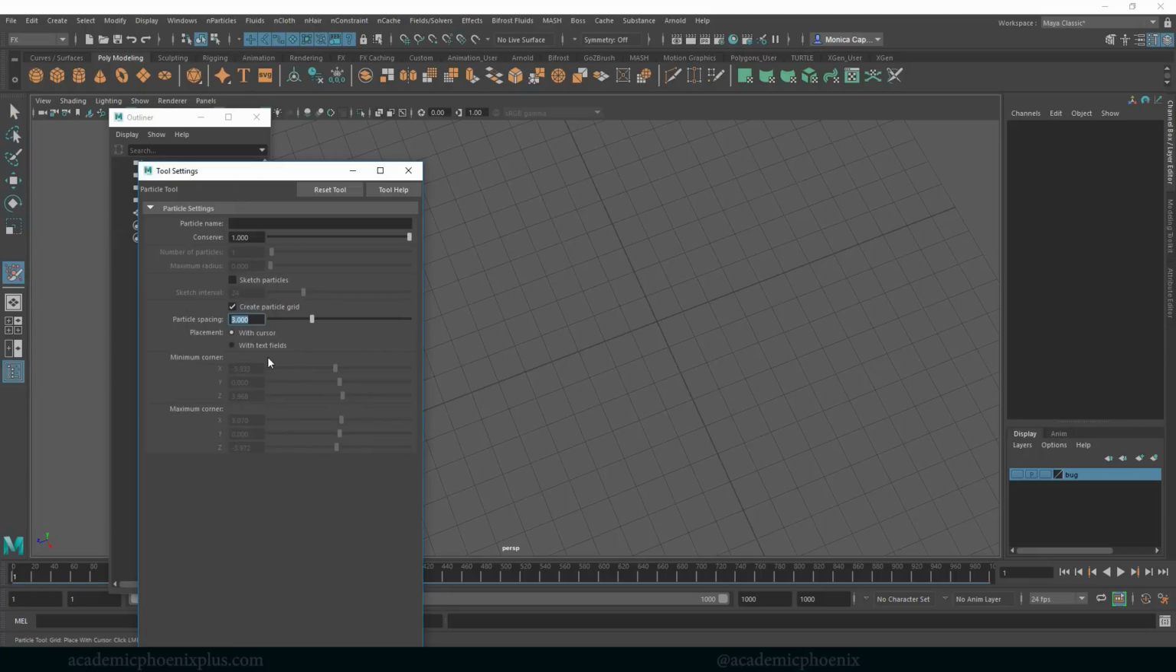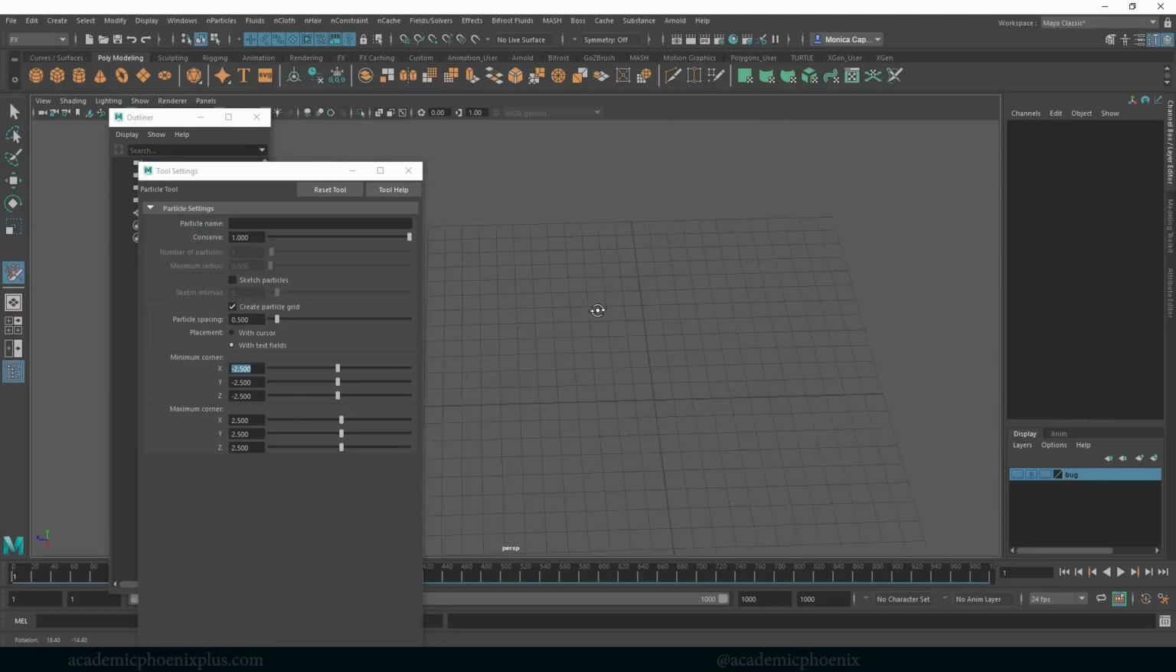Going along here, we can also do what's called a text field. I can either draw my particles or use my text tool. The text fields mean that I can go in and type in an XYZ, XYZ. Now I'm going to reset my tool. So usually this is what it looks like. As you can see, I've got 0.5 spacing. It's going to go in the negative 2.5 and the positive 2.5. So if I click once and then press enter,